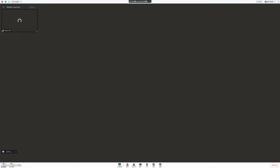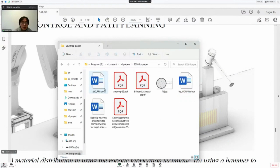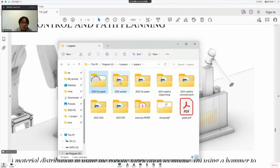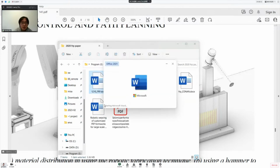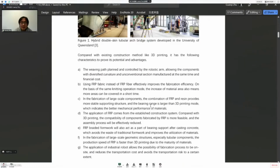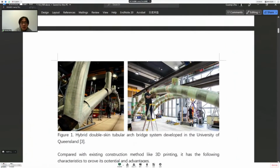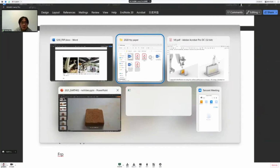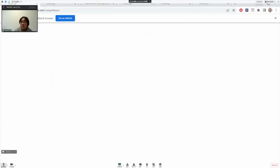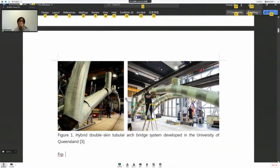I'm going to share the screen and I will try to find that. I have another one about the resin. Maybe you can see the resin will be used in this one. This one, the resin is quite important. The material for this one is fiber reinforced polymer, which is short for FRP. If you are interested in that, I don't have a VPN. So for this material, it's highly